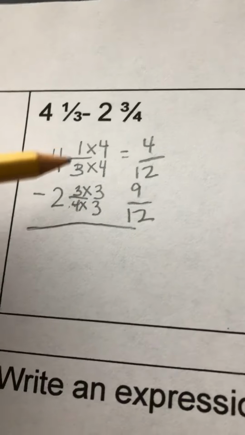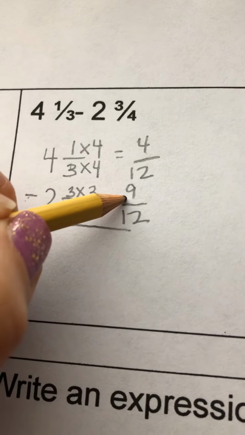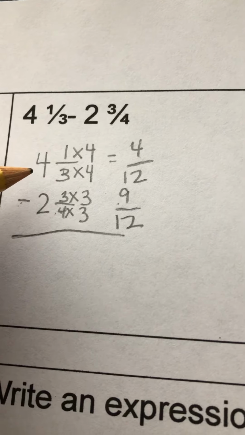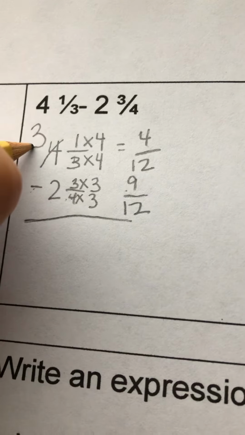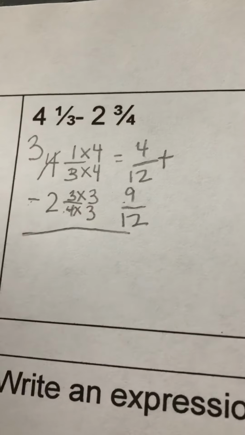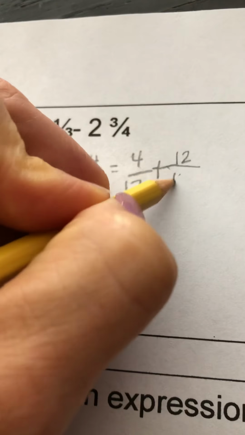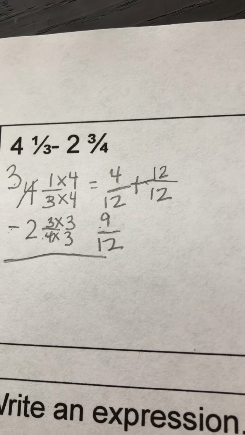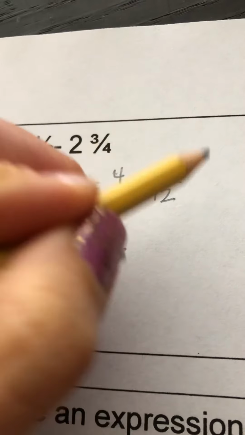All right, now the problem says I'm going to subtract, so here I go. 4 take away 9. Wait a second, I can't do that. So I'm going to have to regroup. Go from the 4 and make it a 3. And remember, I'm adding one whole. I took away a whole, so I add a whole. My whole is going to be the same as my denominator. Remember that? Okay, 4 plus 12 is,